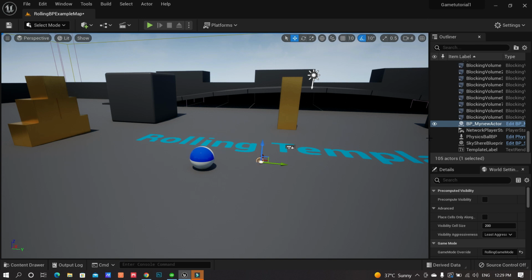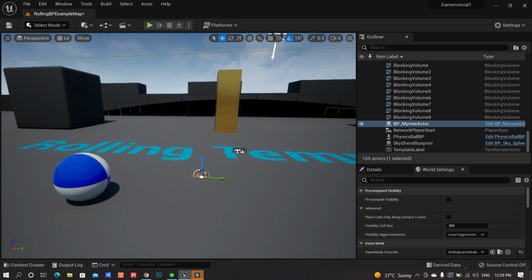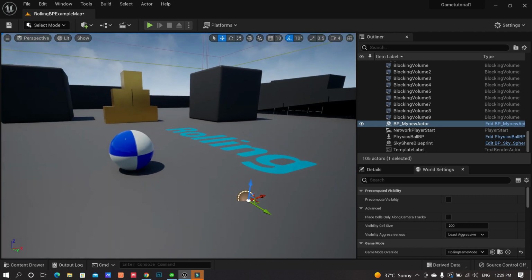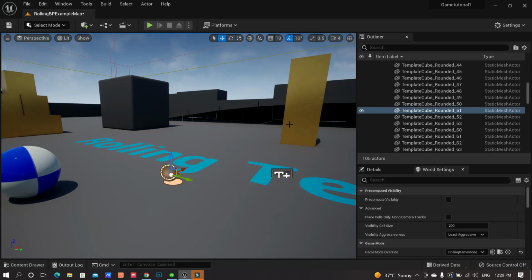Once you bring it into your world, you will see on the right side in the world outliner that my BP my new actor is placed and is part of your overall collection of the assets which you have used in your world itself. Of course you can move it up and down as with any regular actor.